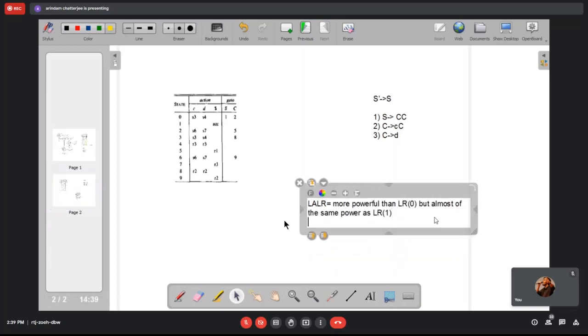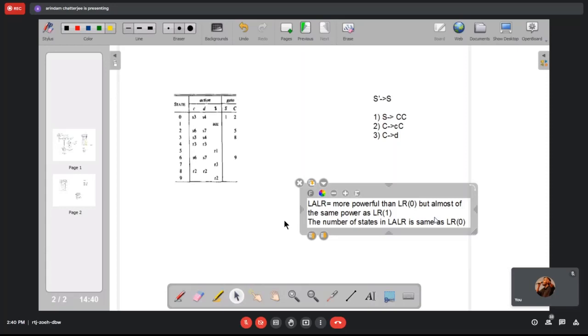The second thing is that the number of states in LALR is the same as LR0. Even though it is almost as powerful as LR1, the number of states does not expand exponentially. It is almost the same as the LR0 set. Please note that. That is why LALR is much more preferred compared to LR1.